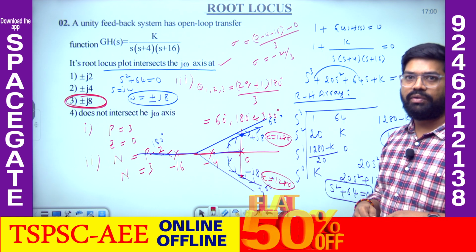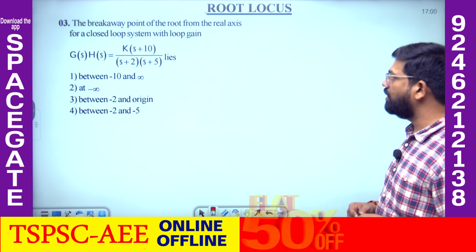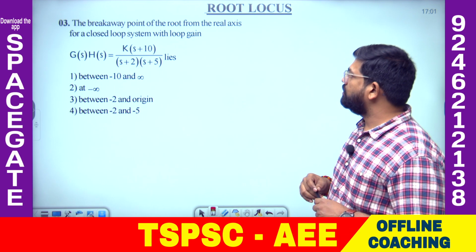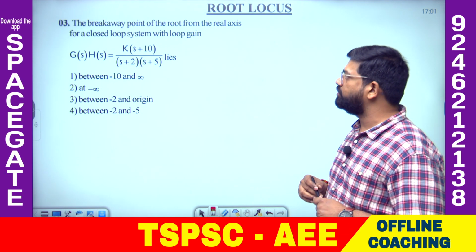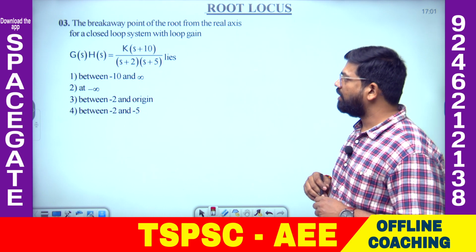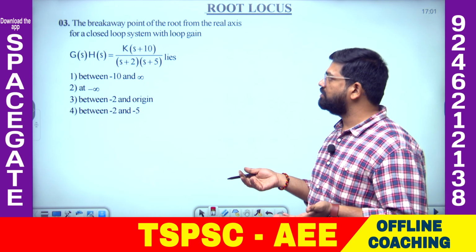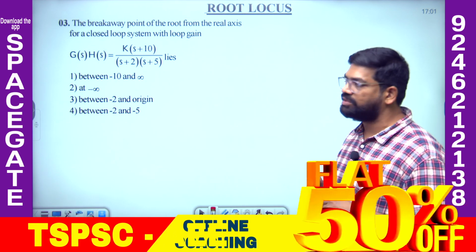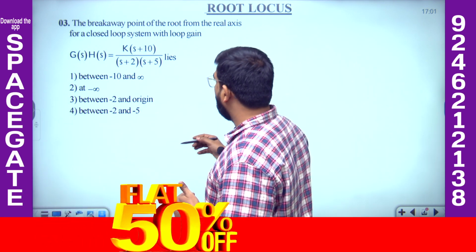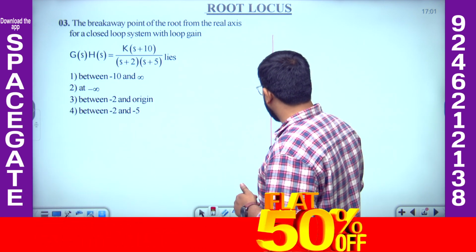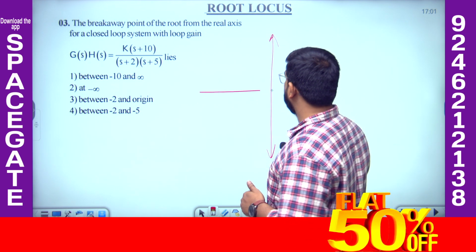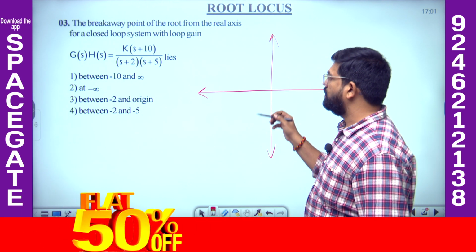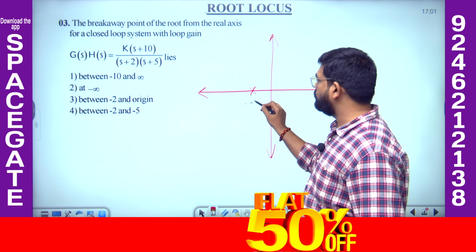Now let us move on to the next question here. Okay. So if you observe here, the breakaway point of the root locus from the real axis for a closed loop system with loop gain is given. Okay. So between means where that breakaway point exists. First, if you draw that, means while estimating closed loop system stability, we are using the open loop, and if you observe here, how we will get the root locus? If you locate just the poles and zeros, right? Poles are located at -2 and